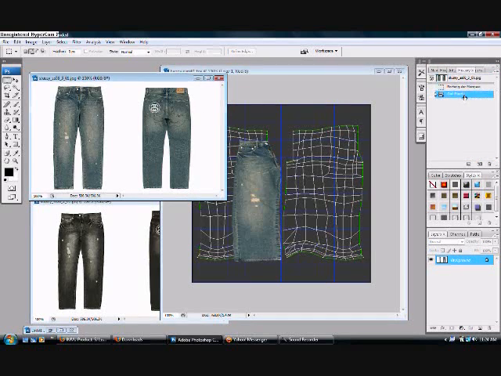Of course I did that, so. Alright, same thing as last time. I do the front first, then I